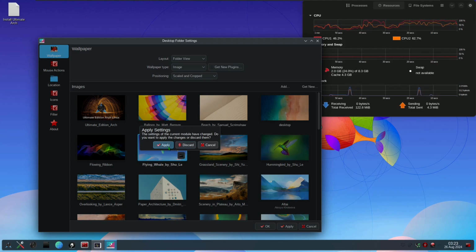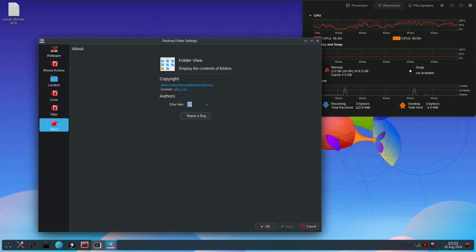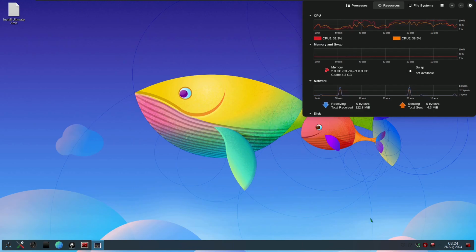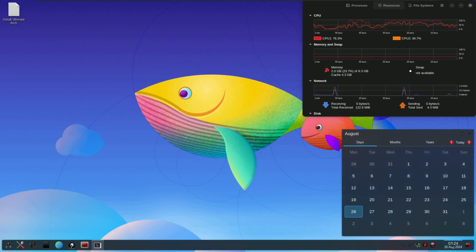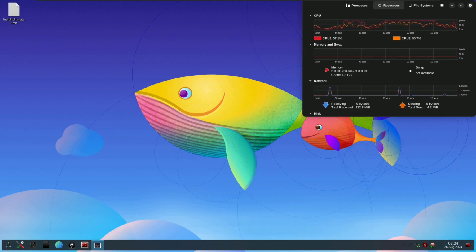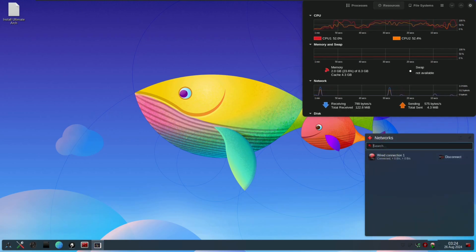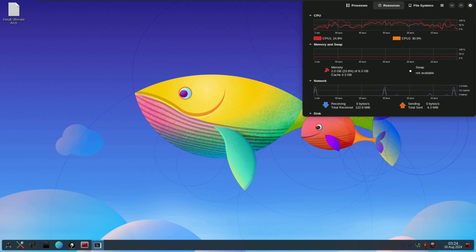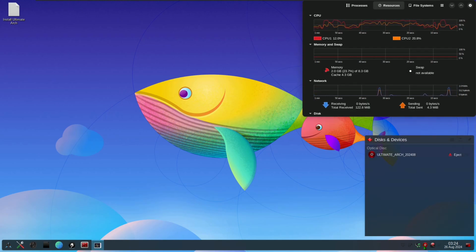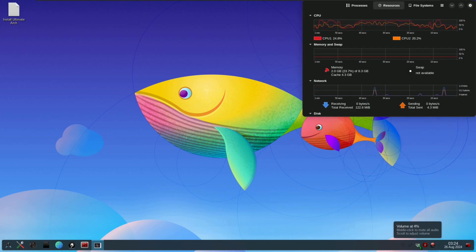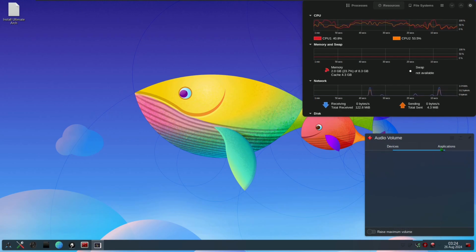So we can click on the apply. Let's keep it. And here is the version of the folder view. And let's check some desktop features like a date and calendar. I think this is like a disk and drive, I guess. It's an internet connection. This one is disk and devices. And this one is like volume controller